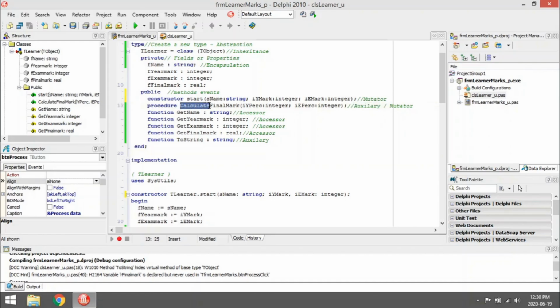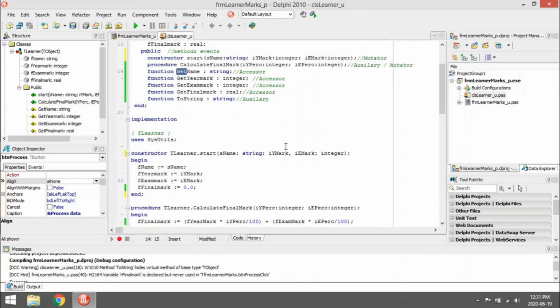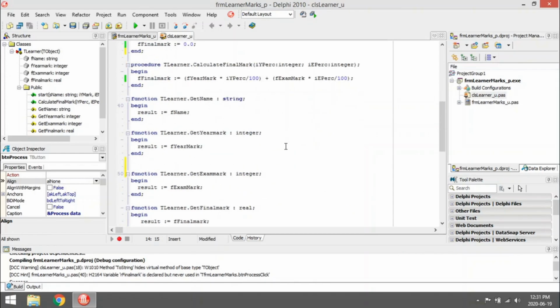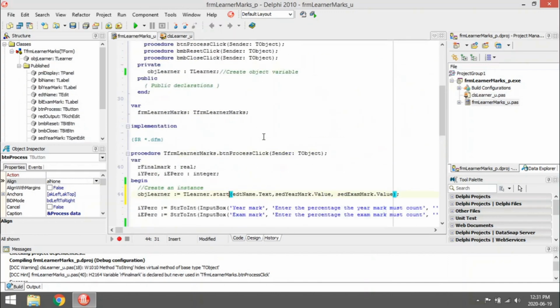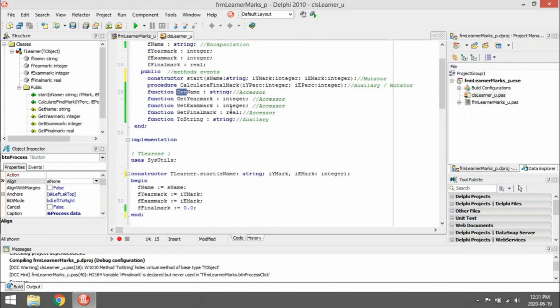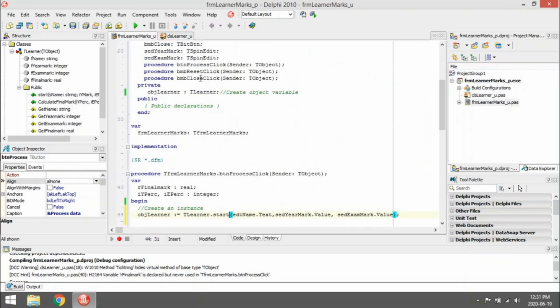So giveaway words are calculate or determine. Not always the case, like this example, which is actually a mutator. And accessor methods usually start with the word get, because it's only going to get values, fetch values for you. Okay, so these are the steps to create a class and to make an object according to your new class.